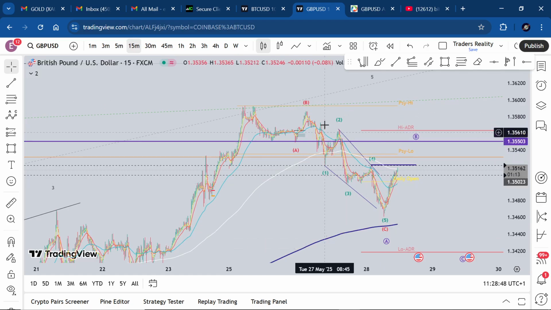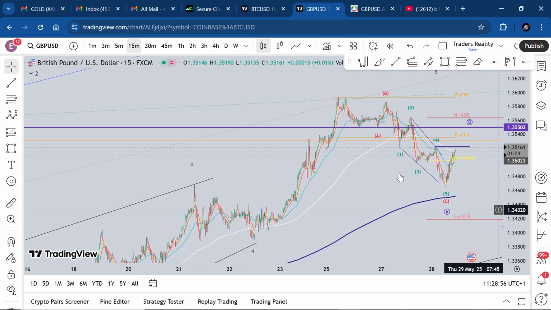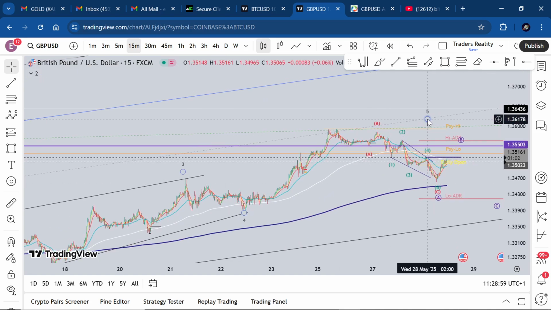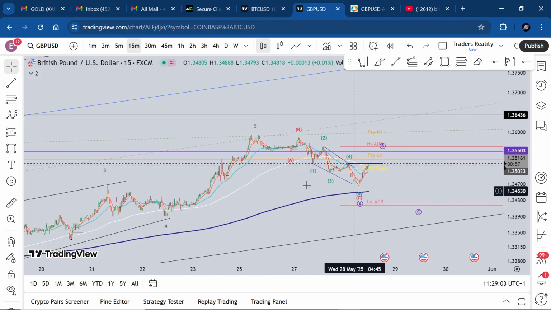Now, I was bearish. I was looking for bullish. I was looking for another high before the drop, even though we did have this completed diag that I brought to your attention, I still felt there would be one more high. So